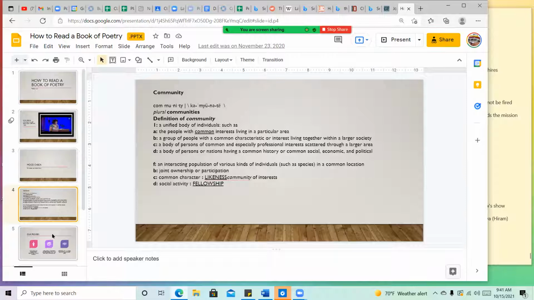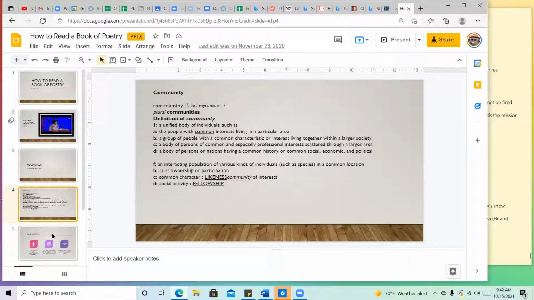So when I talk about reading a book every week, which is what we ask you to do in CLI, ultimately, I'm talking about learning about a community. It's a community of authors. And so you are a group of people with a common characteristic, living together within a larger society. Like all the authors don't live on the same street or in the same place, but ultimately, we all have this thing in common, like we love to write.